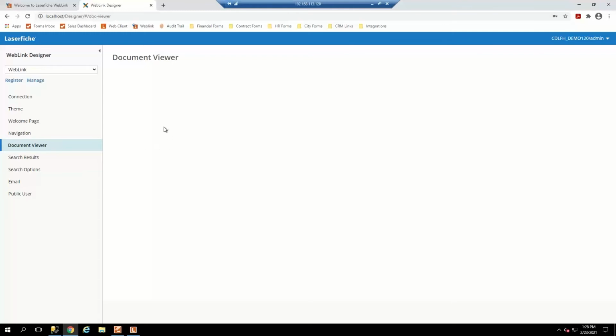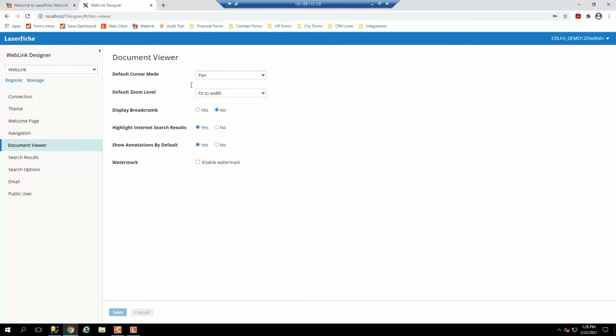Once again, it's just going to be a couple of little options. So do you want to be able to have the cursor pan, or do you want to be able to zoom? What is the default zoom level going to be? If I'm being honest, I almost always keep these defaulted. I've tried messing with them a little bit, and I never seem to like the results. I would say that Laserfiche had it right the first time. So a lot of these, it's good to know that they're here, but I usually leave them alone,